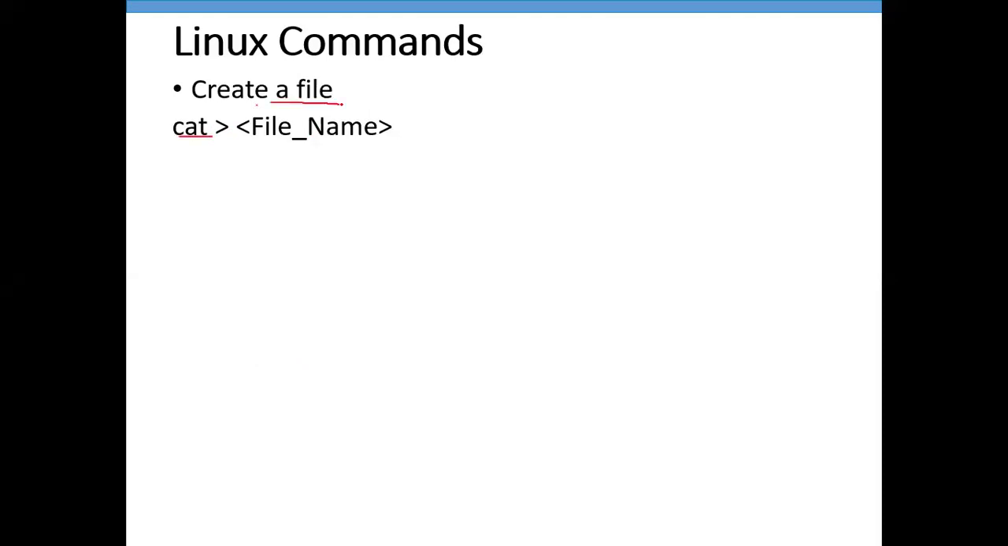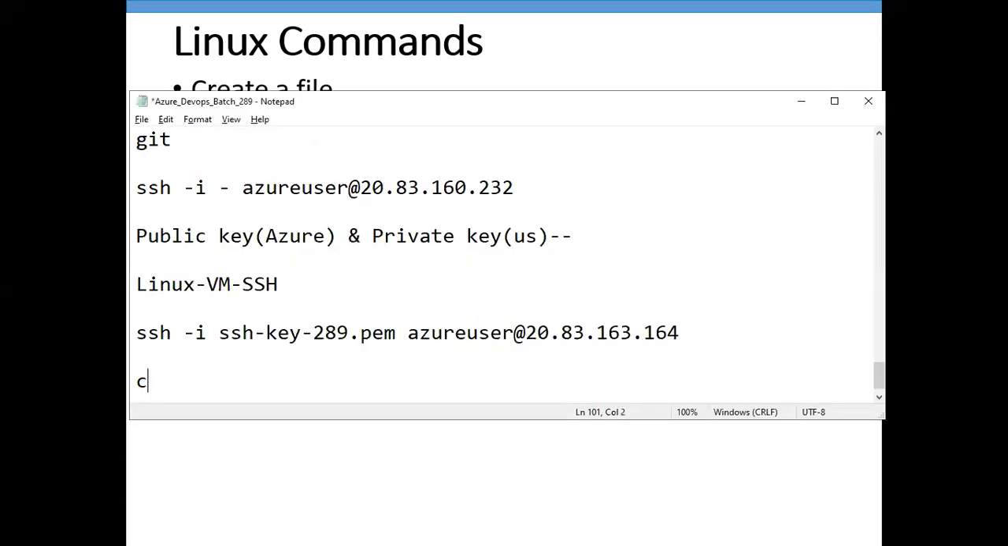The first command I'm going to show you is the cat command to create a file. To create a file, we have multiple commands. A few more we will learn in our upcoming session, and if anyone is already aware of them, that's very good. Right now I'm going to show you the cat command. So cat, space, the redirect symbol, space, and then I need to give the file name. File name I'm giving as azure. So copy,